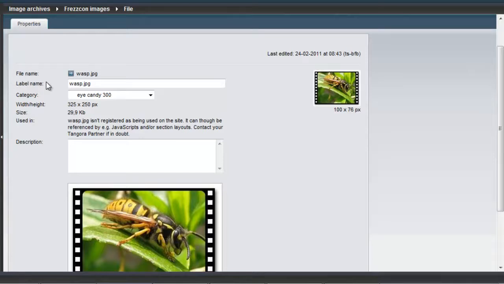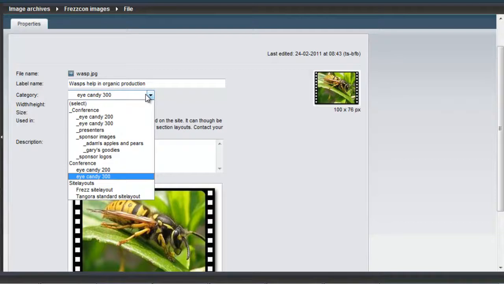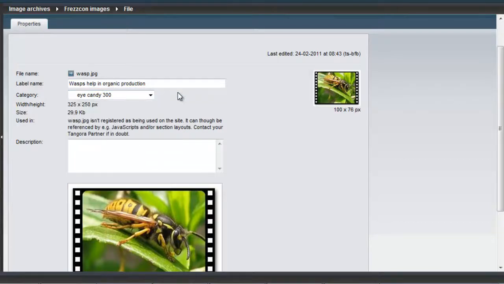We can see the file name, and right below there's the label name, which is technically called an alt tag, which is what the image is called to screen readers, which are used by visitors with visual impairments, and incidentally by search engines. So you could just leave this as the default, which is the image's file name, but you could also add a very short description to the image, which could be an element in helping your search engine optimization strategies. The next point is category, and the categories in question here are the categories which you create yourself.